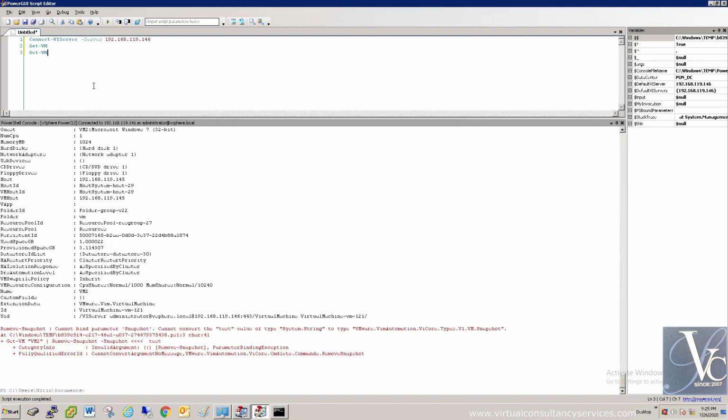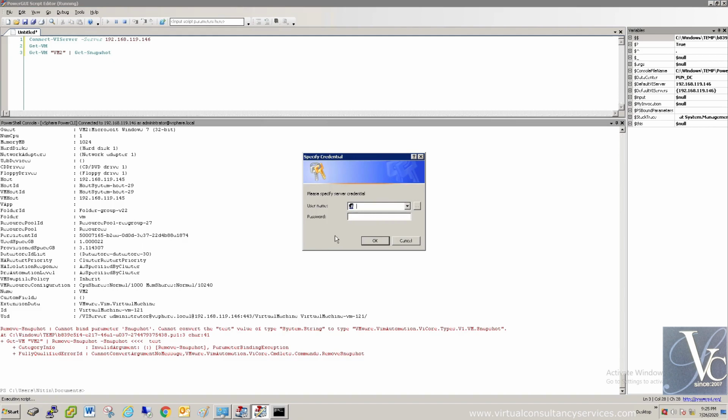So we will check the list of snapshots here. Get-VM VM2, since VM2 was there, then Get-Snapshot.